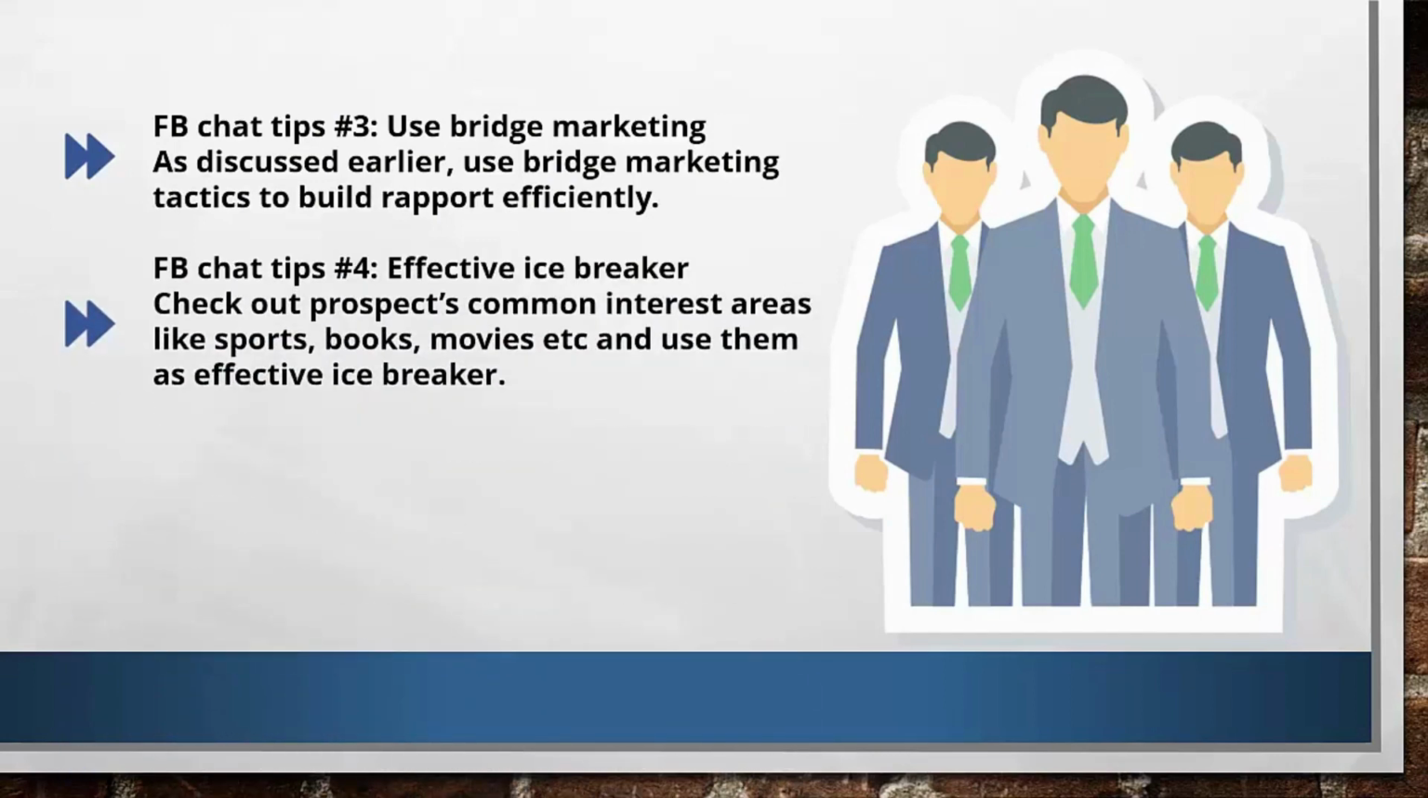Use effective icebreakers. Check out prospects' common interest areas like sports, books, movies, etc., and use them as effective icebreakers. If you talk to fellow marketers about marketing all the time, or just send them links and all, some people don't like this. They feel it's some kind of harassment, and some people might even report you to Facebook or unfriend you. So always build rapport by using some icebreakers like, "Oh, I see that you like Rich Dad, Poor Dad,"